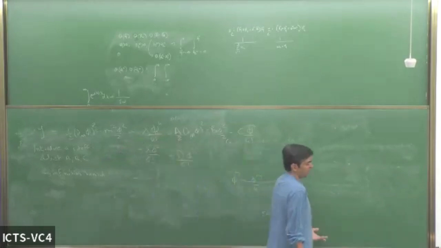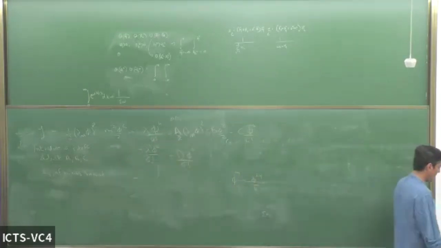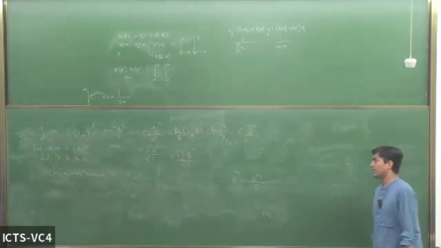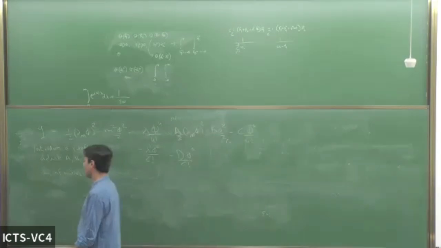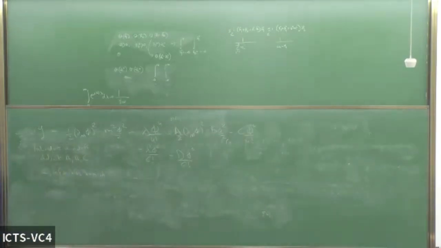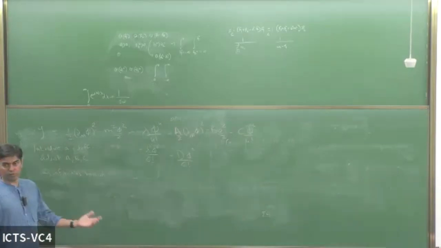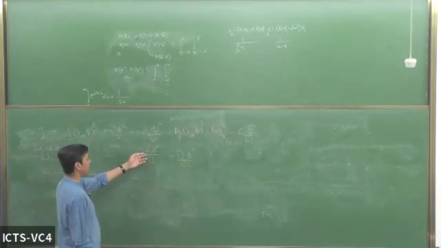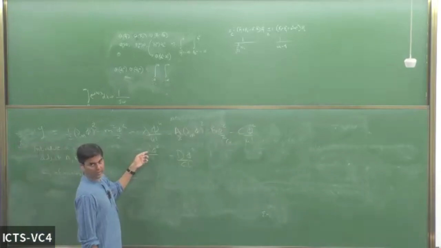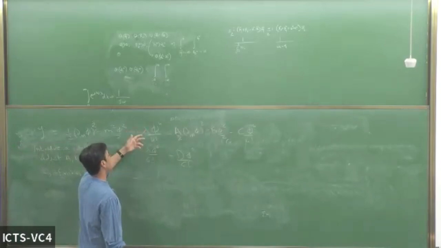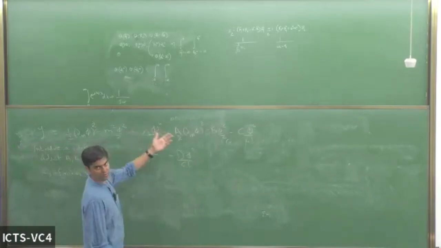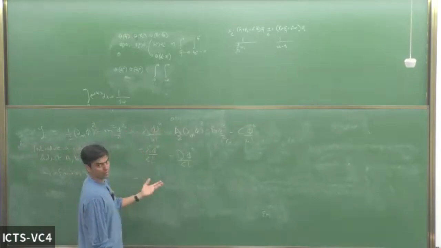You could ask questions of this kind, and it turned out that in the end, the final answers that people found were pretty simple. Okay? The final answers were that you basically had to look at the dimension of the coupling constant. In the case where the coupling was suppressed by a power of the energy, like this, those interactions were not renormalizable. In the case where the couplings were dimensionless or came with positive powers of energy, those interactions were renormalizable. Okay?